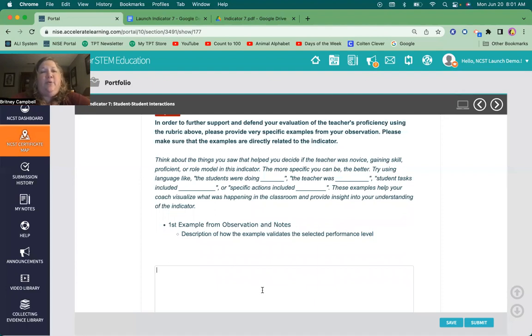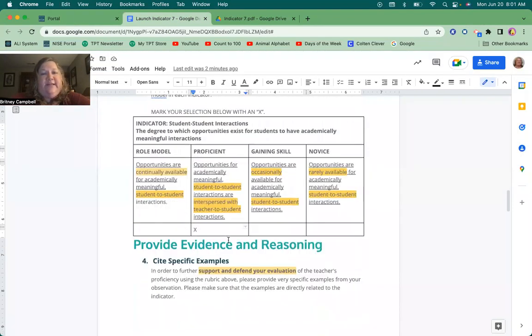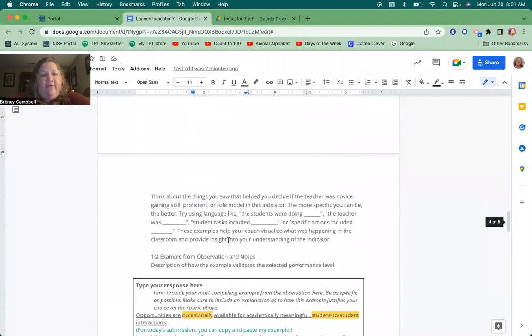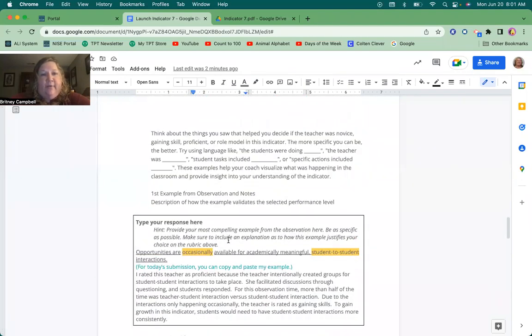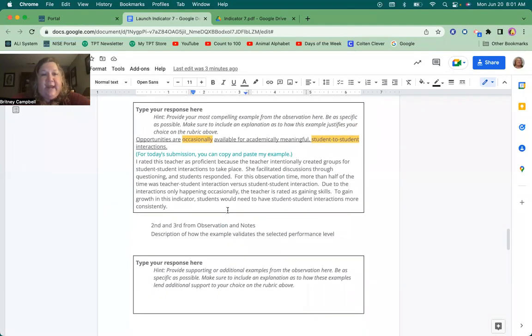Again, we do want you to pull out very specific evidence, and then we also want you to provide a rationale, a defense, if you will, of how that evidence supports the level on the rubric that you have selected. Again, in my working document for today, I have provided an example of what my evidence and reasoning might look